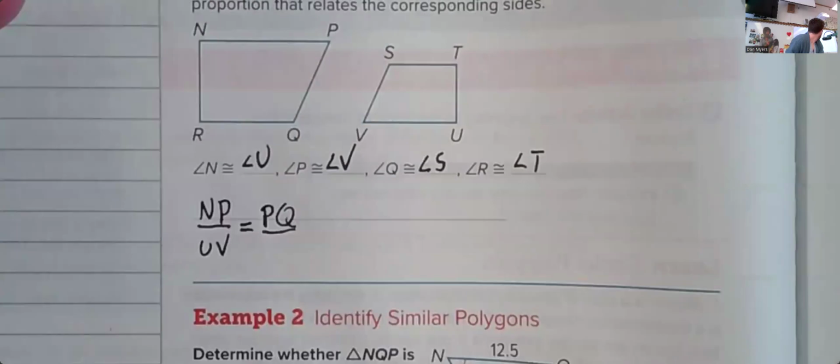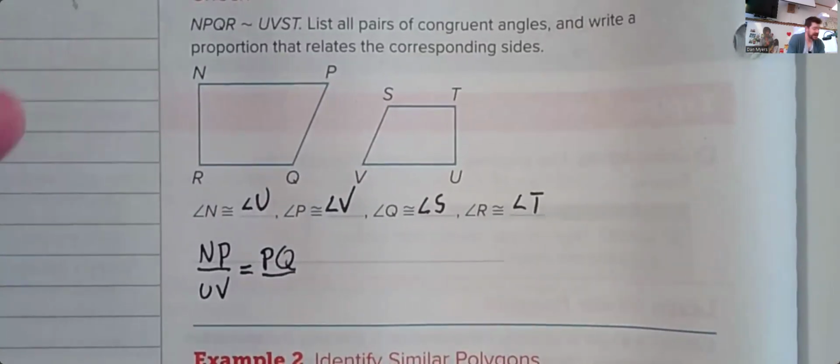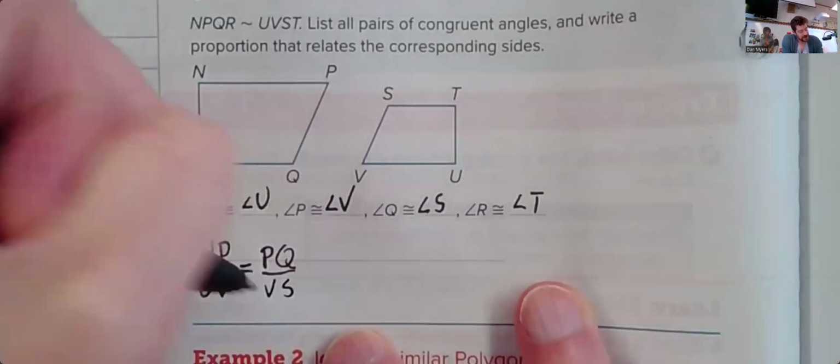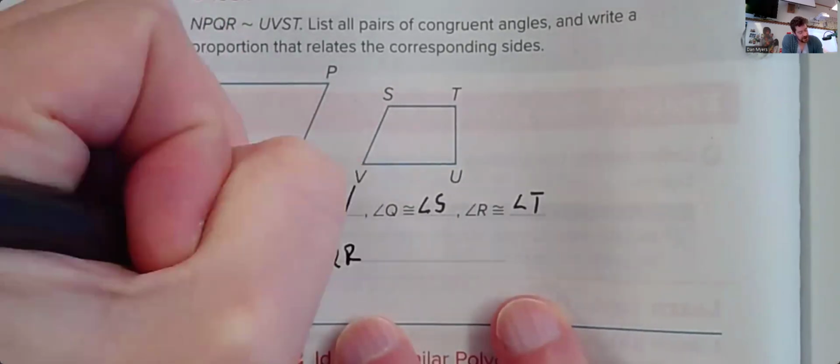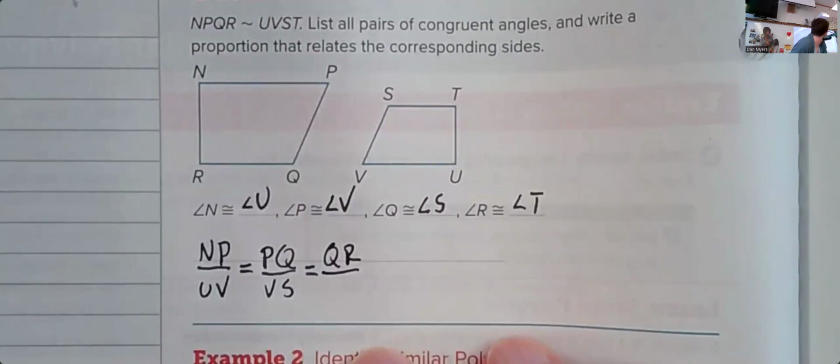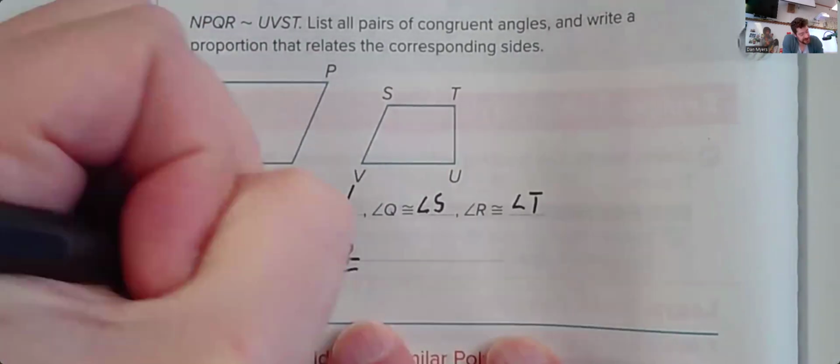What's that? VS. PQ would be the same as VS. Good. Which is equal to, let's say, QR. Cleo, what does QR correspond to? ST. Nice. And then